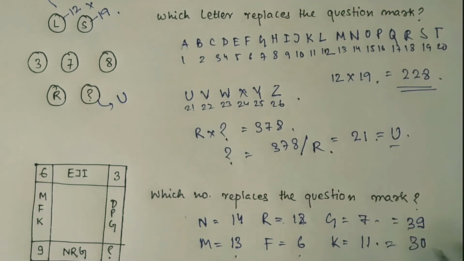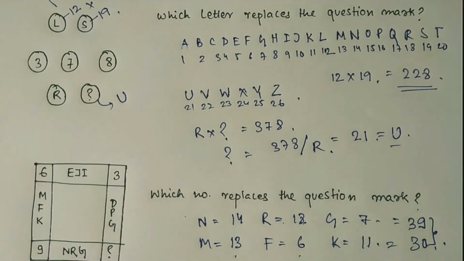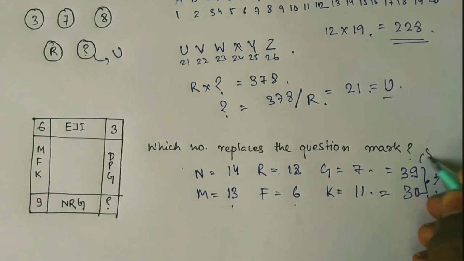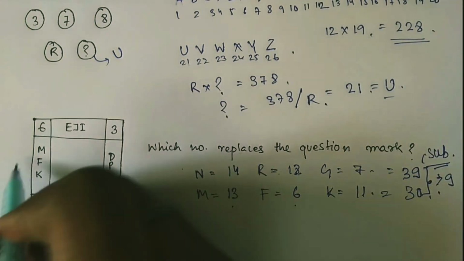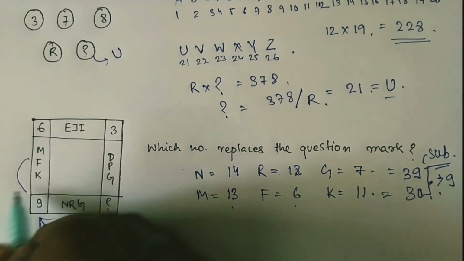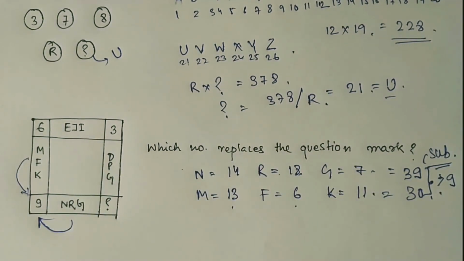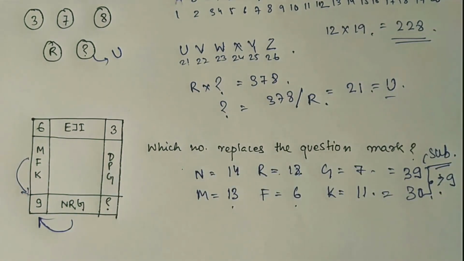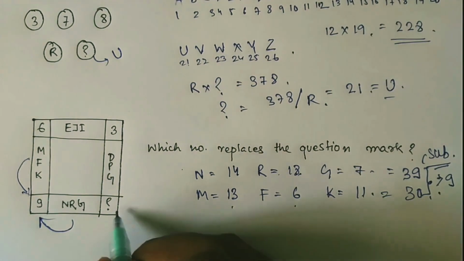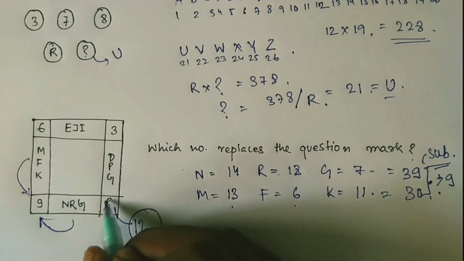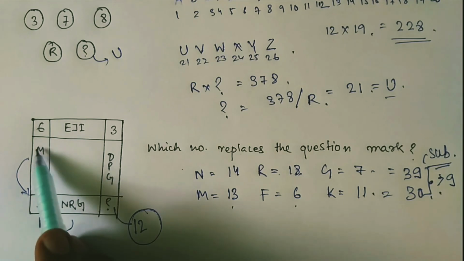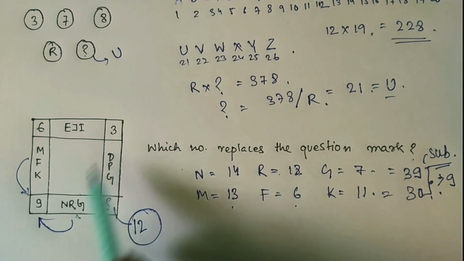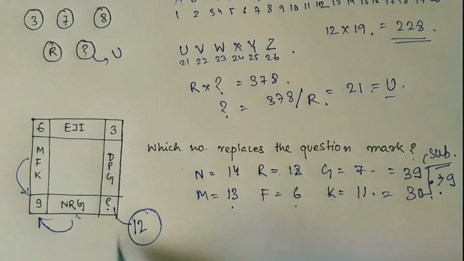Okay, so if you subtract this, you see a definite pattern: if you subtract this, the answer comes to 9. So this is 9, which is the difference of the sums of the numerical values of these three-lettered words. So what will be the value when you subtract DPG from NRG, right? When you subtract DPG from NRG, you will get 12, which is the answer here. So you got the logic: by adding first and then subtracting the sums, you get the middle value. So by subtracting these two, you will also get the middle value, which is 12.